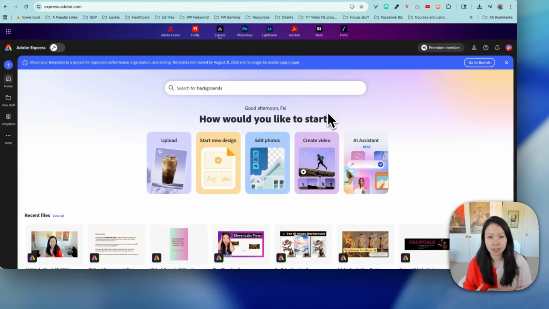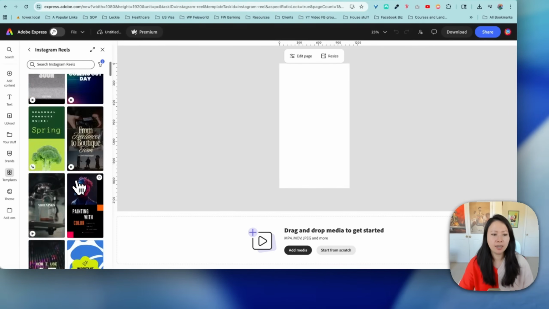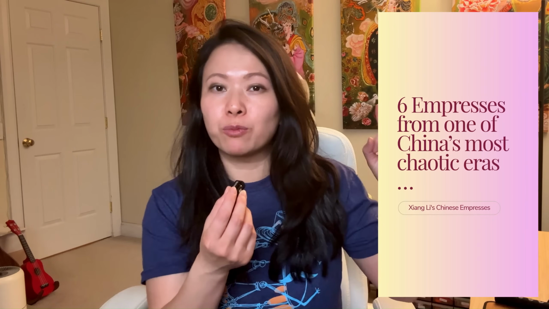I actually want to take my time and show you my workflow today, how I use Adobe Express to create my own personal templates that I can reuse later on. I will show you how to start from an Instagram Reel template. It's just a blank page, and how I envision to translate my mom's more traditional Chinese art into these stories